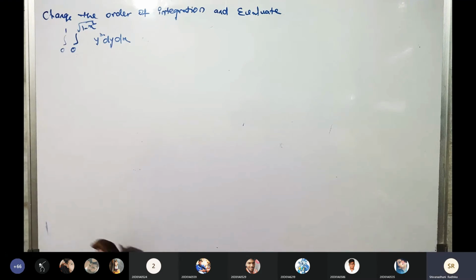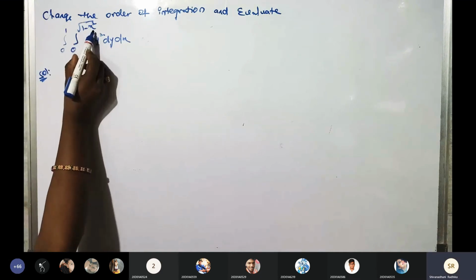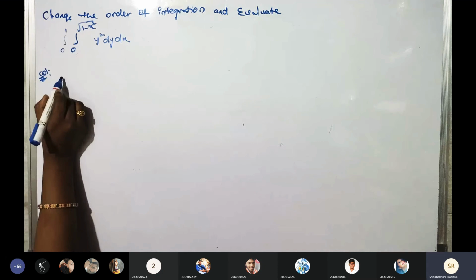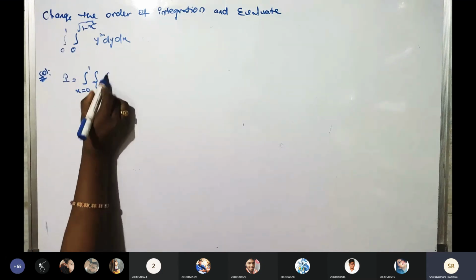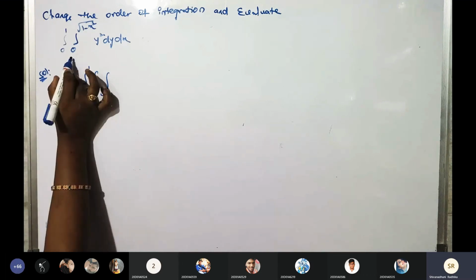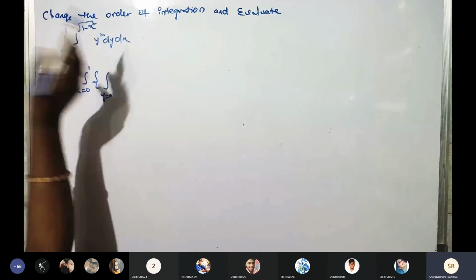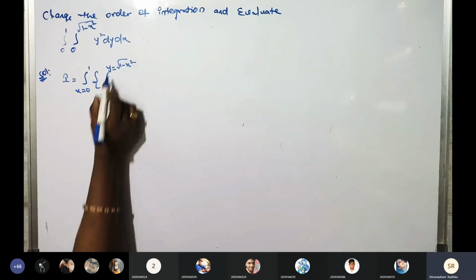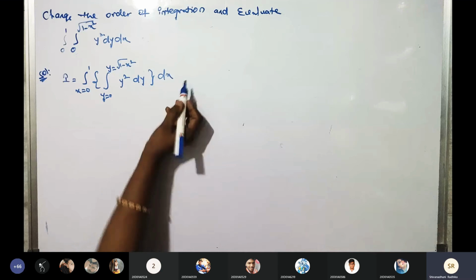So I'm going to write here 0 to under root of 1 minus x square. The limits having the x variable, these limits go to the y. Obviously these are the x limits, 0 to 1, and here these are the y limits, because the limit having the x term belongs to the y. Y equals under root of 1 minus x square, with respect to y, dy into dx. Is it clear?